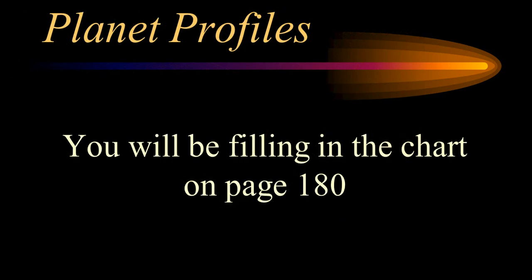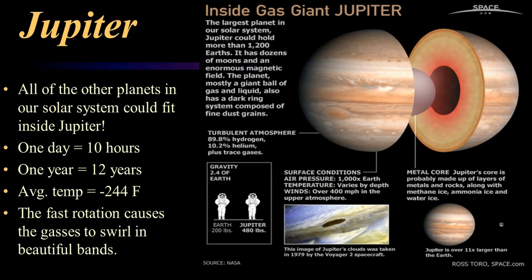All right, we are going to be looking now at our planet profiles. So now you're on page 180. You're turning the page from last week, and you're going to have a chart with the little statistics for each of these planets. When you go look at those, you're going to write down a few things that I'll show you, okay, that you're going to make some records about these gas giants. All right, so let's get started with Jupiter.